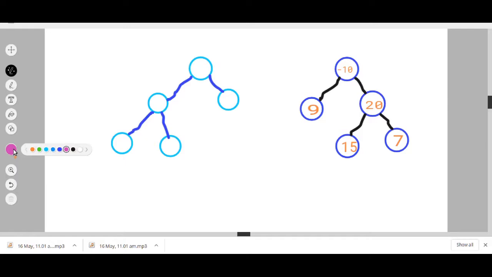Now we'll look at how this problem is different from the previous problem. As we have to take the two leaves into account, the return type in this function changes. In the earlier case the return type was the maximum of this value, or the sum of these two values, whichever gives the maximum. But in this case we cannot return this value. Why? Because this cannot be a leaf node. So we have to return the maximum of these two values, and whichever gives the maximum will be returned from this function.